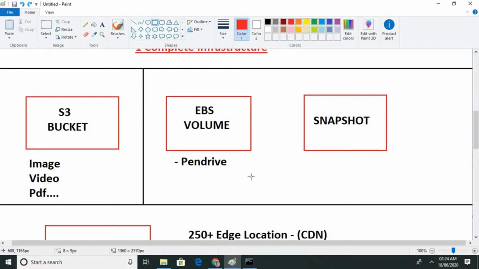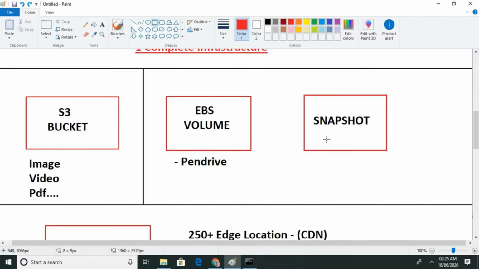If you copy the complete code, images and everything which a web server needs, onto a pen drive, you can't transfer it that way from this EBS volume. For this you have to use a snapshot.